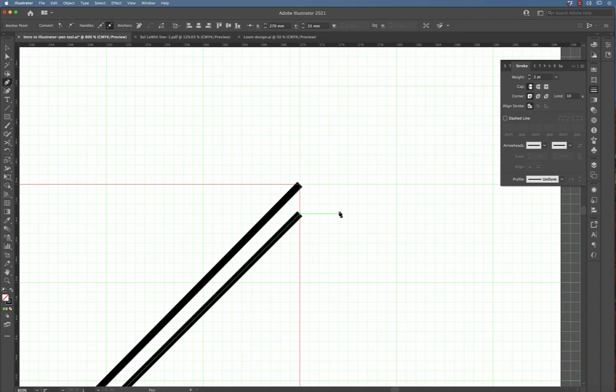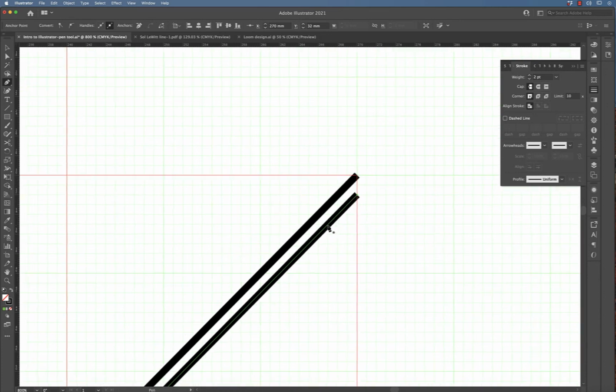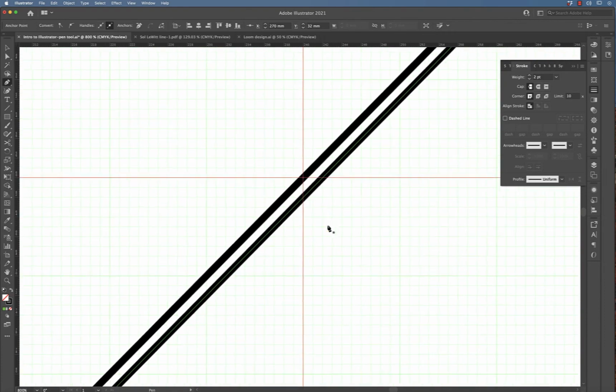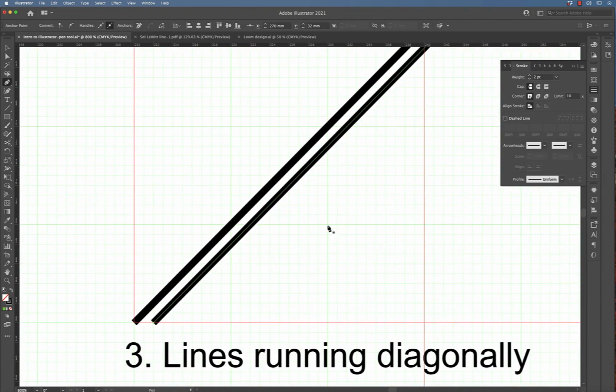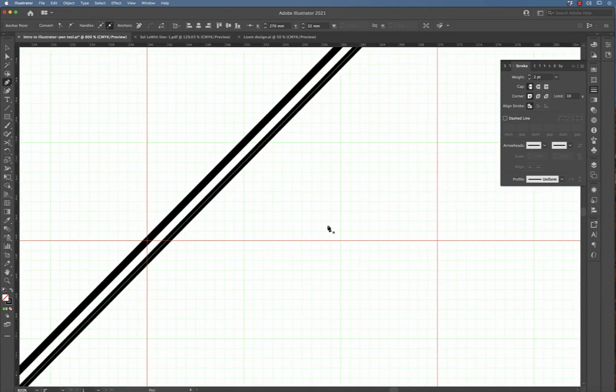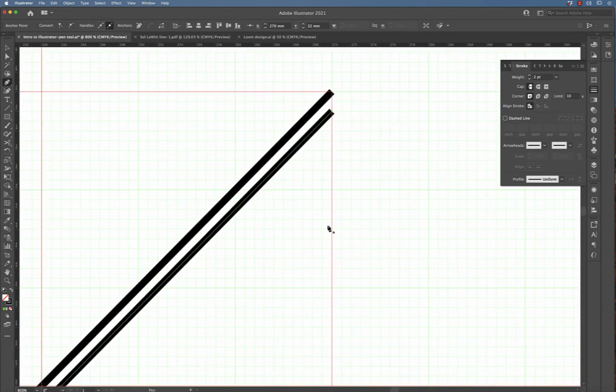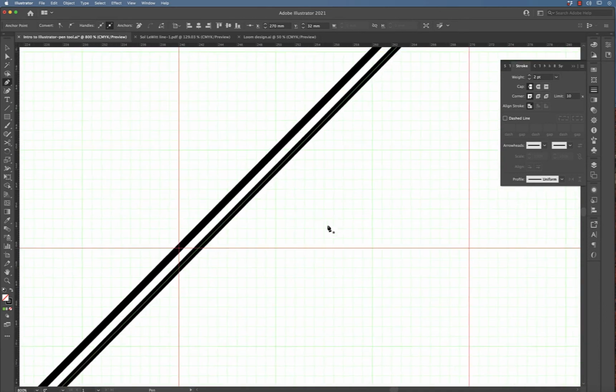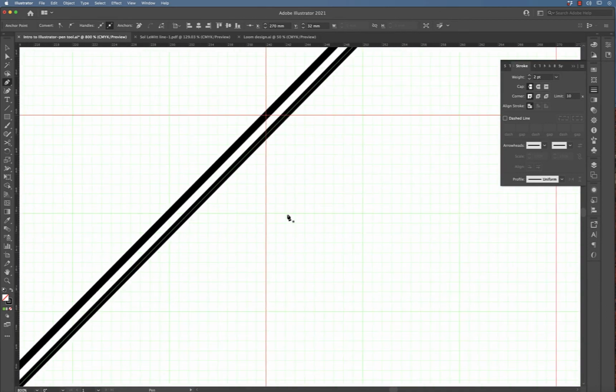So if I can just get off that, so Command click. If I hold the Command key, I get the direct selection tool, because that's the last tool I used. Select that and drag it into the correct position. Now, when we scroll down through that diagonal line, we can see that it is parallel. Whereas before there were 2 spaces on the top and only 1 space at the bottom. So once we've done that,